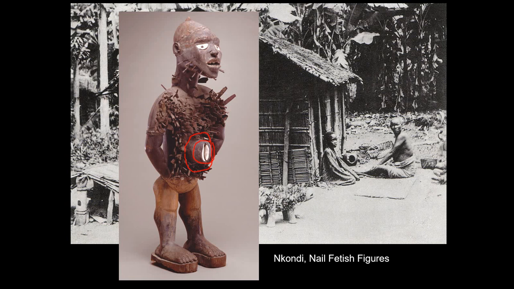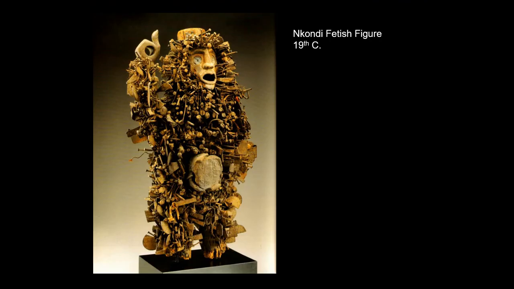So this figure becomes a kind of witness or a binding figure or a scapegoat for anything that you wish to avoid, particularly to affix curses or negative outcomes to it. And over time, they would just become absolutely encrusted in these metal protrusions that had been hammered into it.